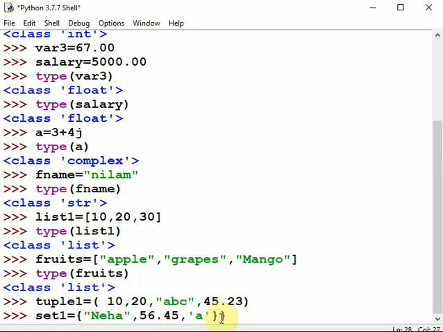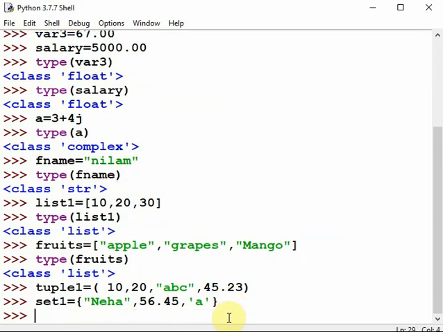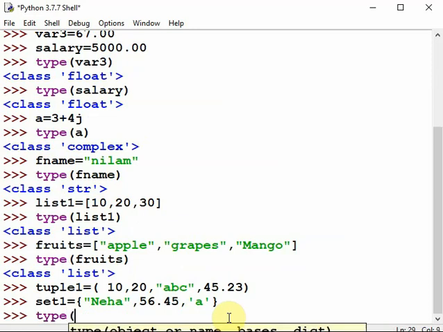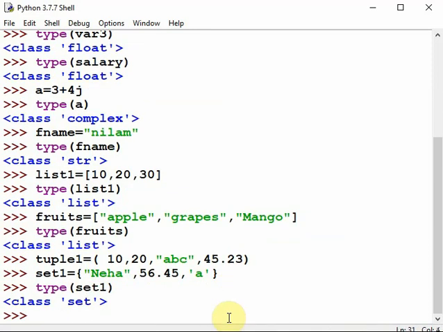Curly bracket complete. Sorry. So enter, type, bracket, set 1, enter.